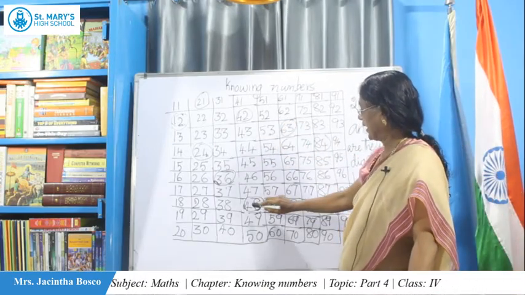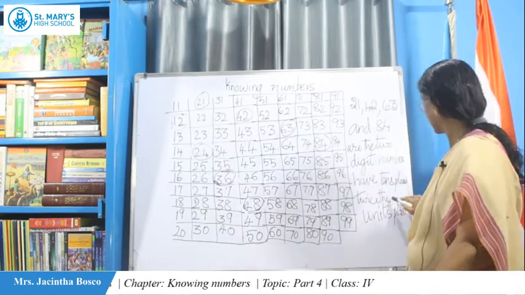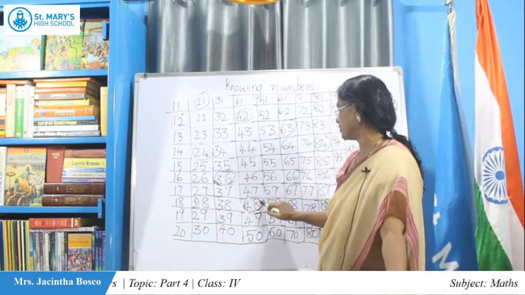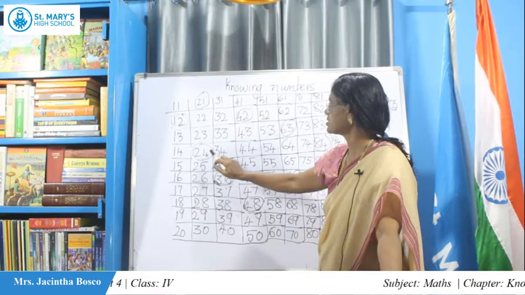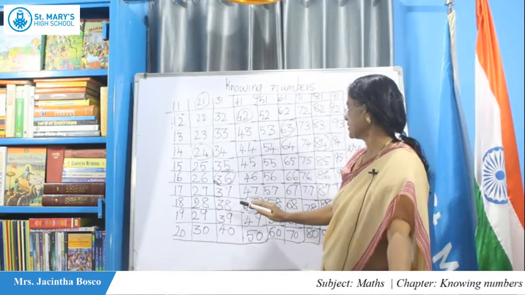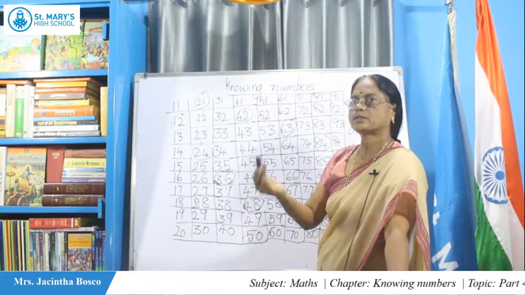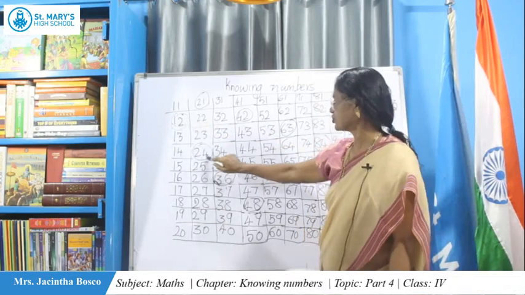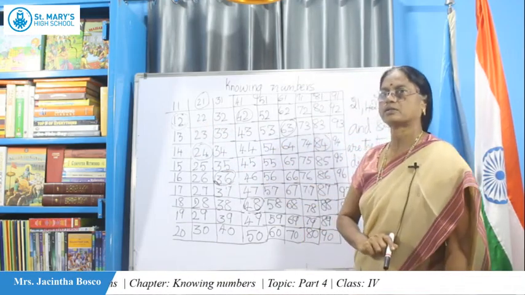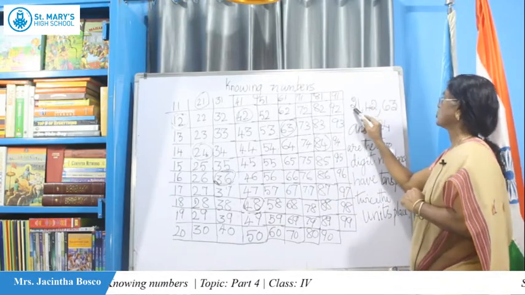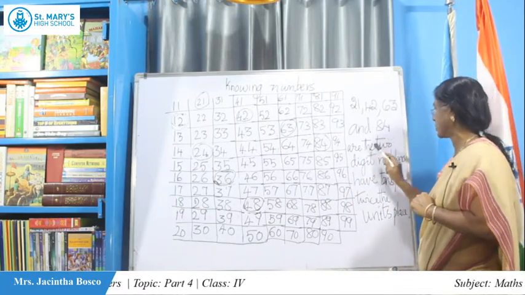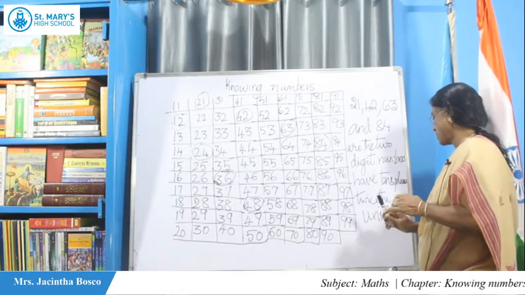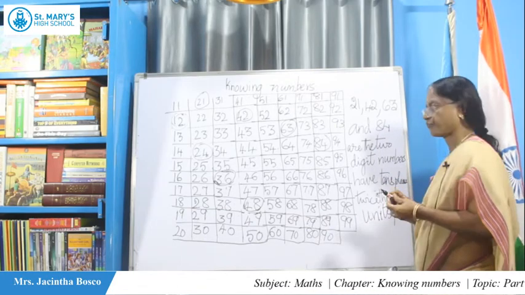Now, we can have it this way also. See, here the tens place is double. Here the units place is double. You check here. 48, 36, 24 and 12. If the question is, if the units digit is double the tens digit, then how do you write the answer? 12, 24, 36 and 48. So, now what is the answer you have to write? 21, 42, 63 and 84 are the 2-digit numbers that have tens place twice the units place, right?